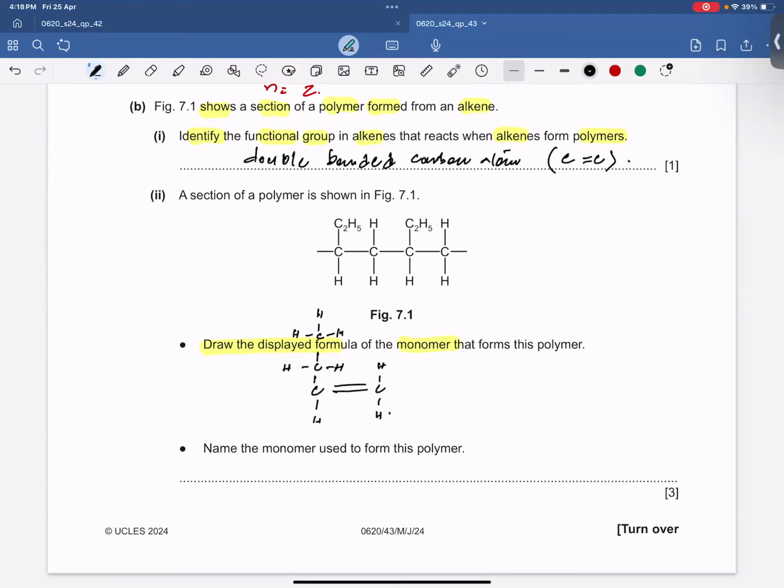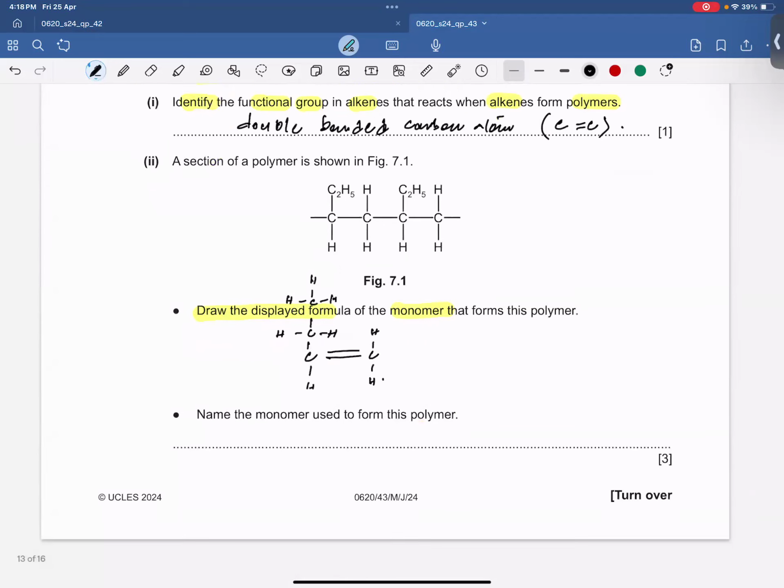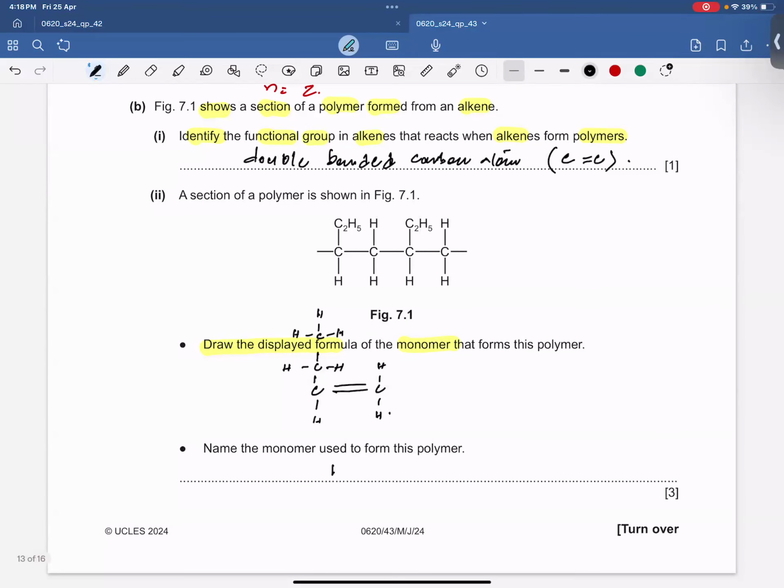CH2. Name the monomer used for this: butene or 1-butene, but butene is the right answer. Next,